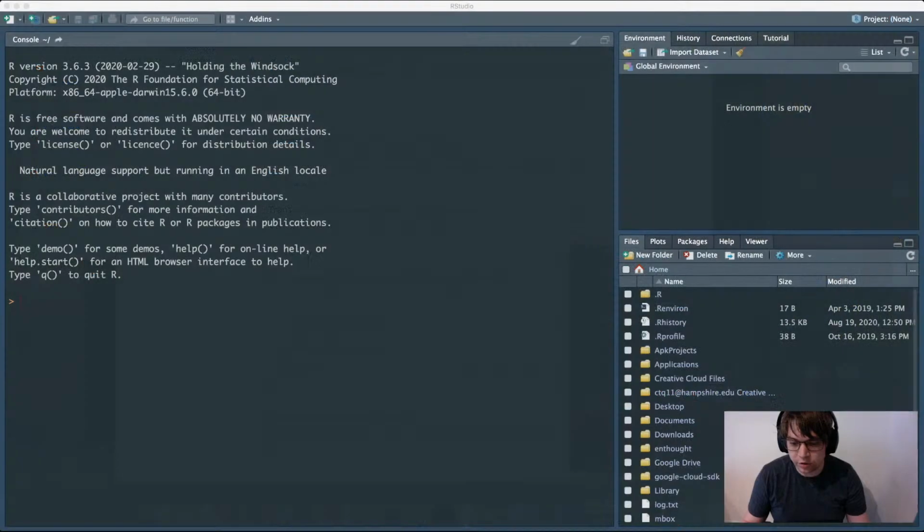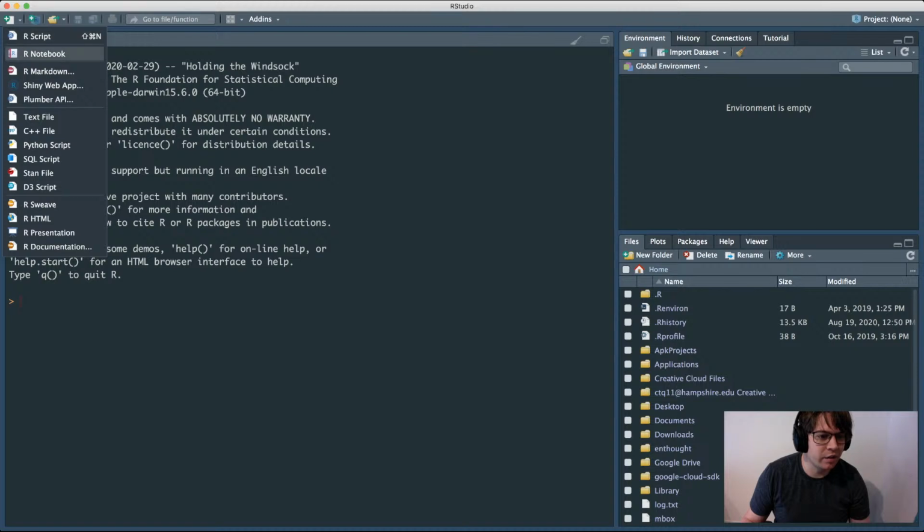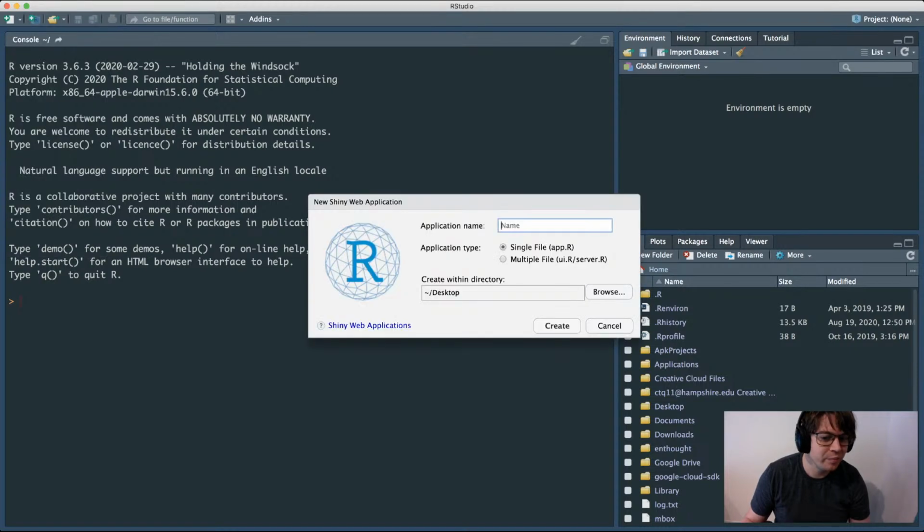Let me go to my RStudio window. All right, and here we go. Like I said, I just downloaded this data, no exploration or anything. We're just going to do this on the fly. So let's go ahead and get started. I'm starting in an empty file. The first thing you have to do when you make a Shiny app, after you give it a name, let's call it CTA ridership,